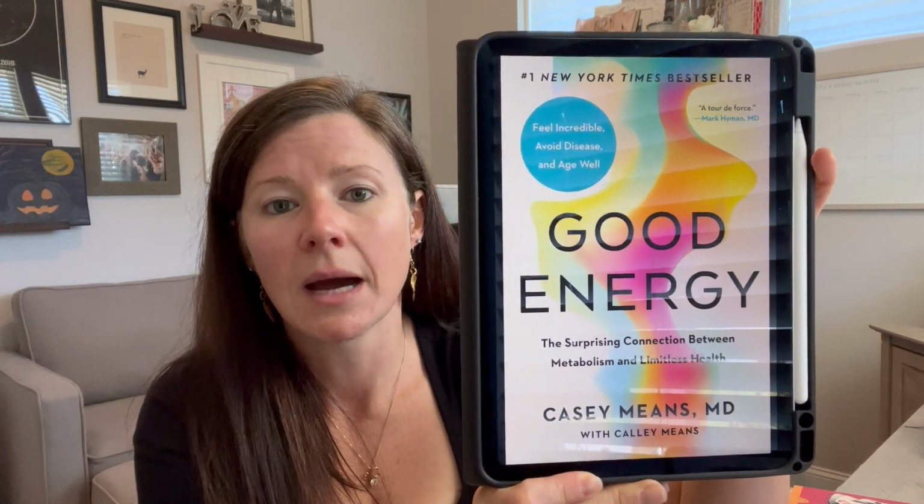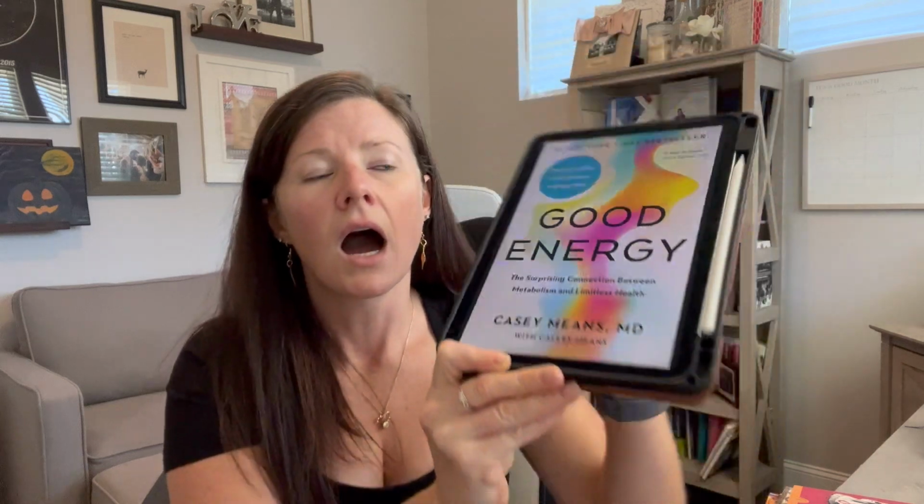So the first one I got is Good Energy by Dr. Casey Means. It's all about metabolic dysfunction. This is not homeschool related, as I'm sure you could tell. I'm very interested in fitness and health, but it's about metabolic dysfunction, and about the majority of people in America, unfortunately, have some type of metabolic dysfunction. I have an autoimmune disease myself, which stems from having metabolic dysfunction for a long period of time, which activated it. So she talks in this book about how you can get out of metabolic dysfunction and to homeostasis